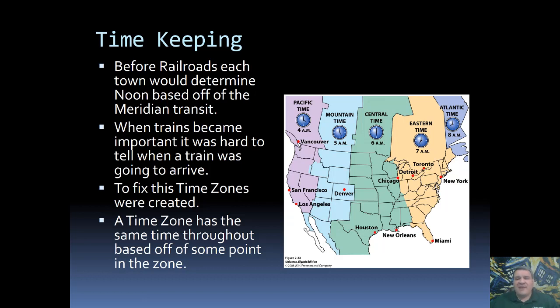Okay, so it used to be based off of a single city within that time zone. Even that has now changed. It is now based off of your distance away from Greenwich, England. So where we live, or at least where most of us live, here in Orem, Utah, is based off of mountain time, which is 7 hours shifted away from Greenwich. So everywhere within this region has noon at the same time.